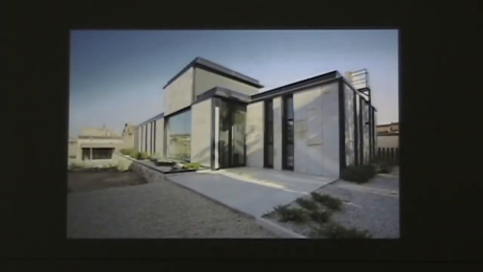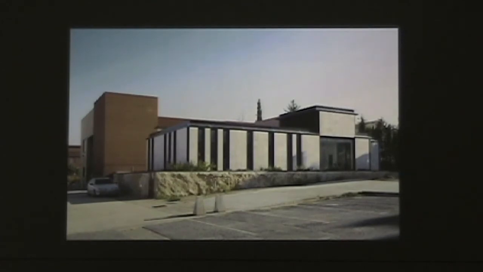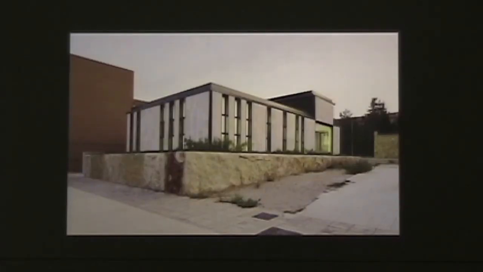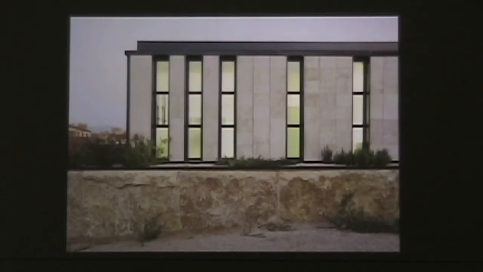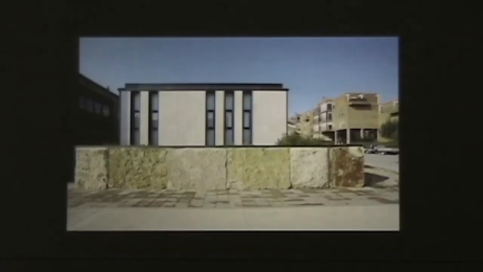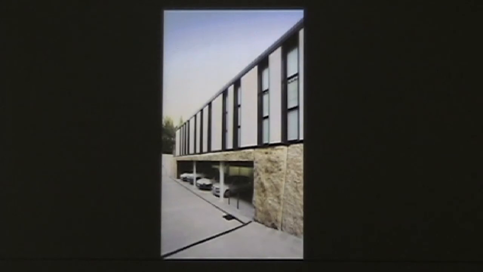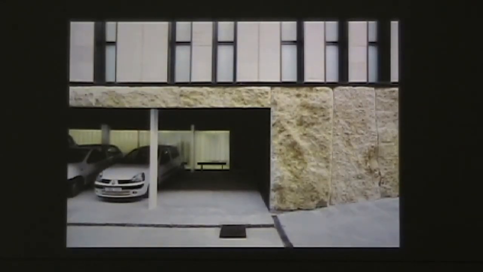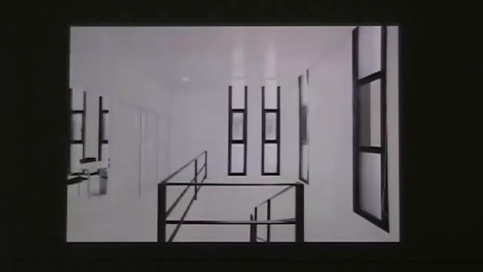Here you have some images of the entry. You see the podium will be going around, and there's a ramp, and then the employees' cars are located here in the basement, and they have direct access to that area of showers and changing, so they can enter the building around and not from the more bureaucratic entry.